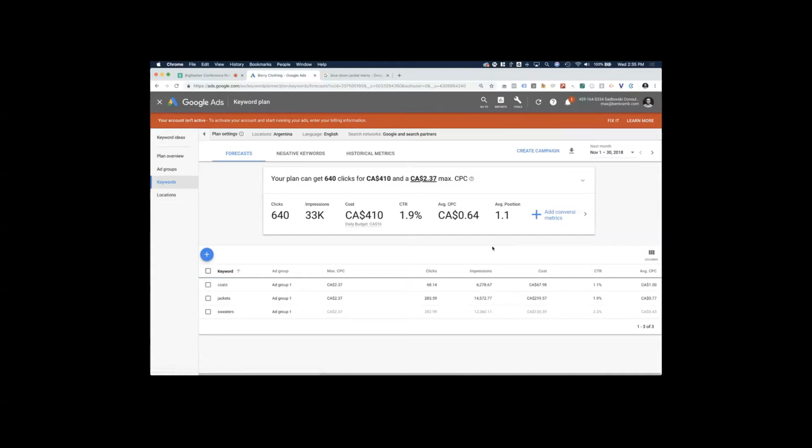This is going to tell me approximately what they think is going to be forecast for how many clicks I can potentially get and what it's going to cost me to do that. So for coats, jackets, and sweaters, if I had an average CPC of $2.37, I would end up spending about $410 a month, and I would get 640 clicks to my site from